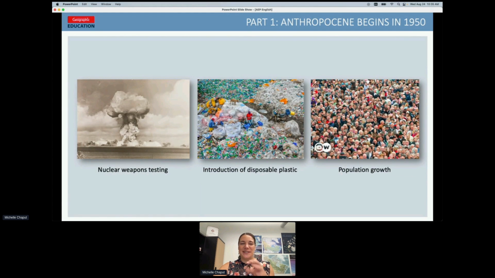They chose the year 1950 as the start date for the Anthropocene because that's when widespread nuclear testing began, of which there's still chemical evidence in the Earth's soil and atmosphere. It's also when disposable plastics were introduced, which are now unfortunately part of our planet's fabric. And 1950 is also when we see an exponential rise in the human population. Markers like these, they argue, would be visible in the Earth's sedimentary records for future scientists to find and use to demarcate the exact point when the Holocene ended and the Anthropocene began.